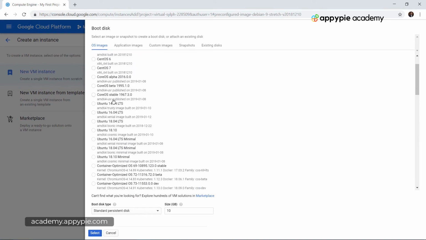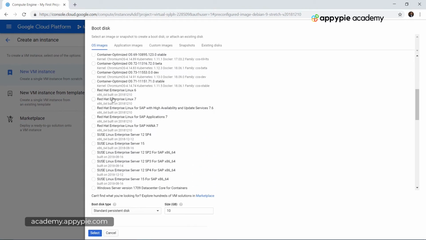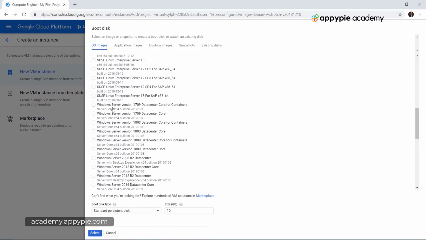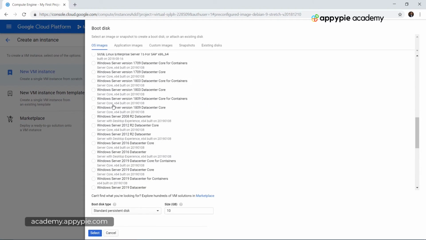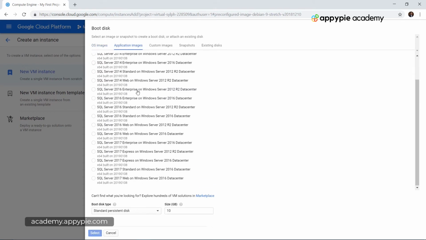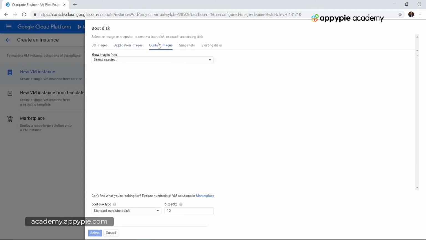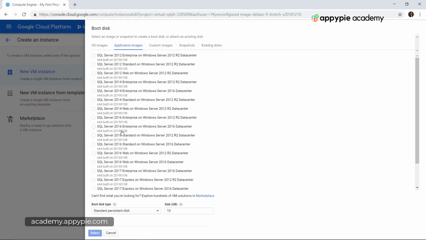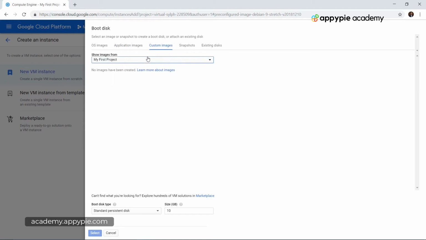We have CentOS, Ubuntu, Red Hat, Windows Server, and all of those. Let's look at the application images. This is for databases, then we have custom images, snapshots, and existing disks. Over here, let's look for an image which actually has TensorFlow installed on it.